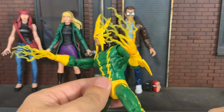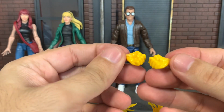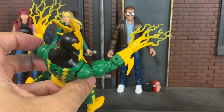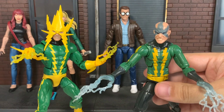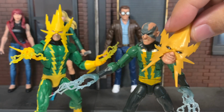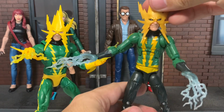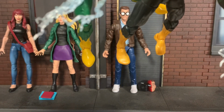So these hands were the accessories for this Electro. They weren't attached to him in the box. He does come with two fisted hands, which look great, of course, but an Electro not electrocuting or shooting electricity out of his fingers, I don't know. This looks good though. So this Electro does a lot of improvements over the modern Electro. Granted, he came with relaxed hands. This Electro did not come with relaxed hands. And they did try to give us this alternate head to, I don't know, make us happy, but they didn't. So you had this skinny Electro with no relaxed hands that you can throw a head on that he never had on this costume. Feet are also very different, so you can see they're more, I don't know, duckbill here,